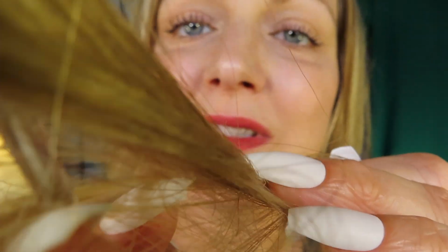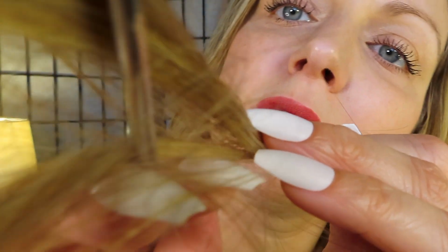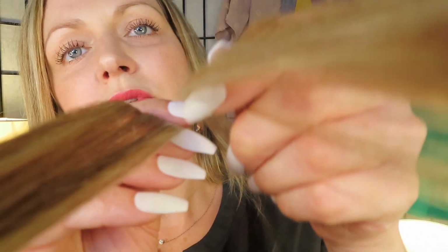Okay. What I'm seeing is that the roots of your hair, especially by your temples over here, just a little bit, very normal, is just ever so slightly darker than the ends of your hair here. Now, what I'm seeing, which is going to be wonderfully helpful for us, is that in your hair you have some kind of highlights and lowlights, it seems. So if you take a look,